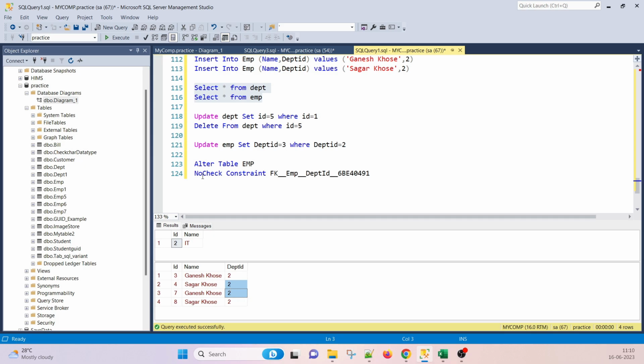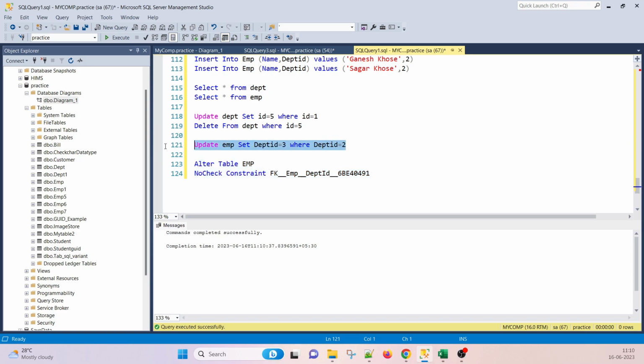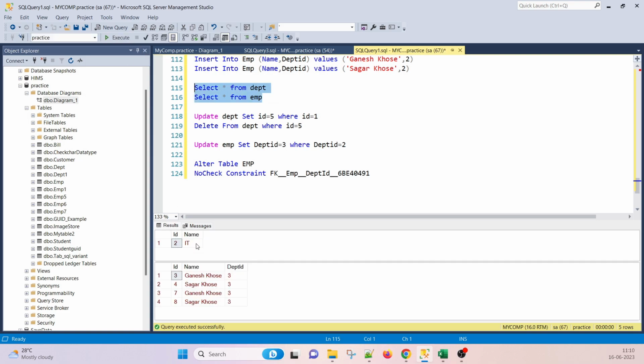In some practical scenarios, we can have that situation where we alter the records, match the data, and then again add the constraint. So how to do that? Yeah, alter table emp no check constraint name, execute this. Then you can do that operation as you require. Correct? Here I updated the ID from 2 to 3